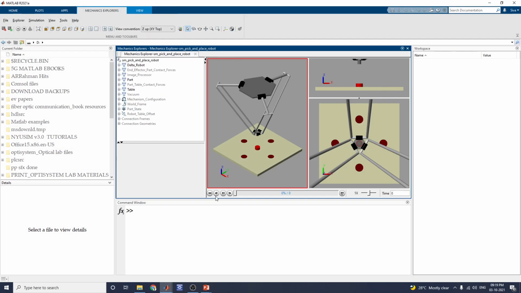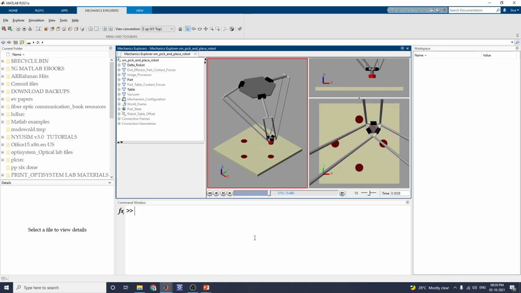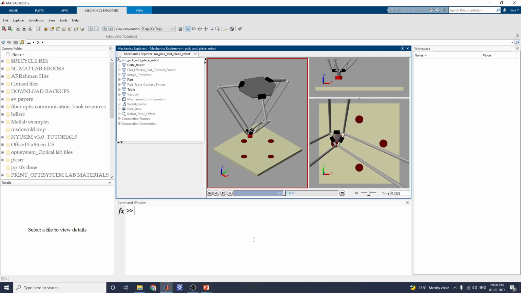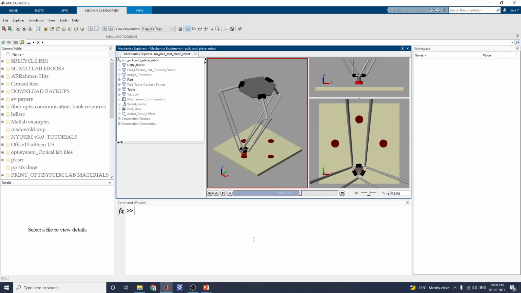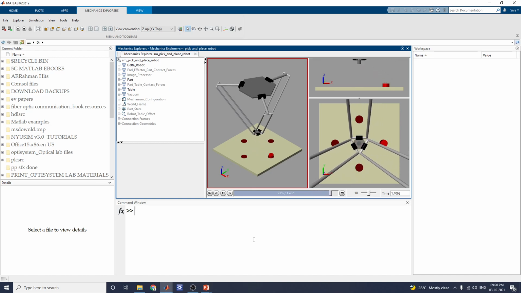Meantime, you can see the animations through the pick and place robot. Now the simulation is going on. Now you can see this place, and the third option is place, and then go to the previous position. In this manner you can see the output.